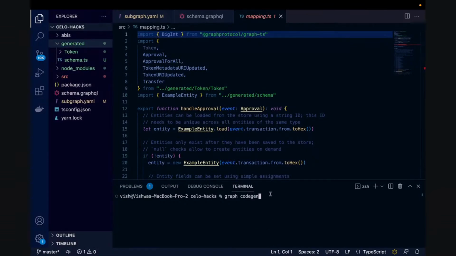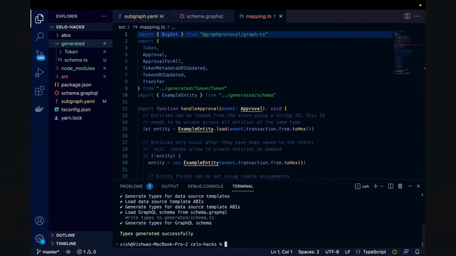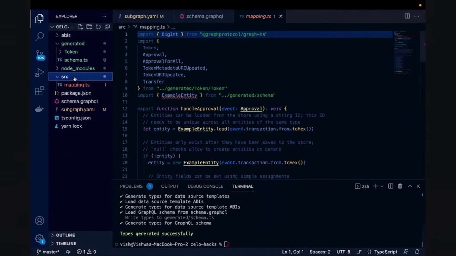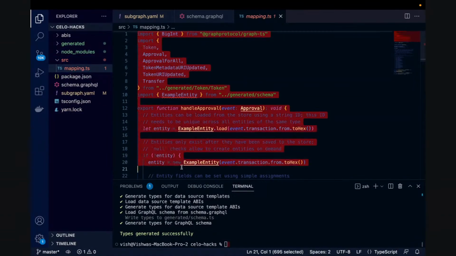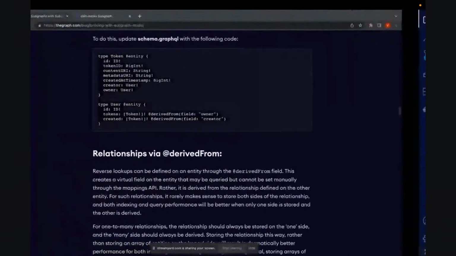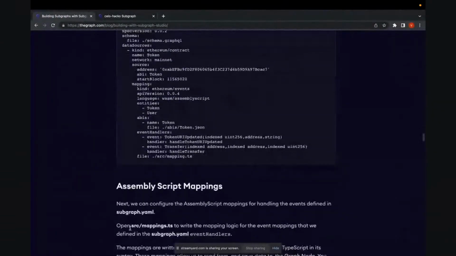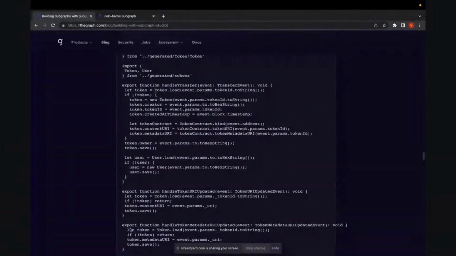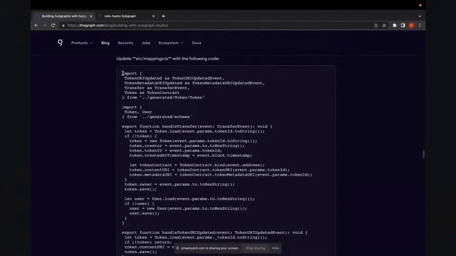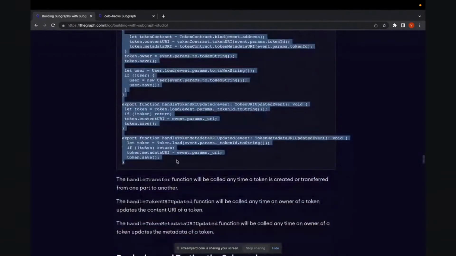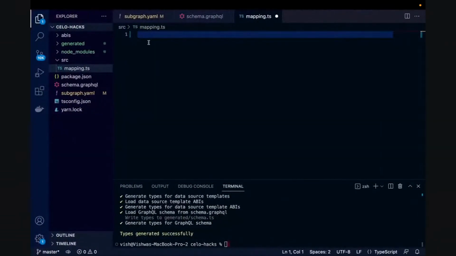So yeah, let's go ahead and execute that. As you can see, it says the types have been generated successfully. So this is our cue to go into the mapping file and get rid of all of that code. We have a few mappings that have already been defined for us here. For the sake of this demo, I'm just going to use those mappings. Copy that and